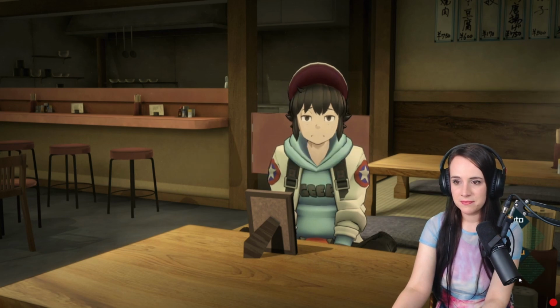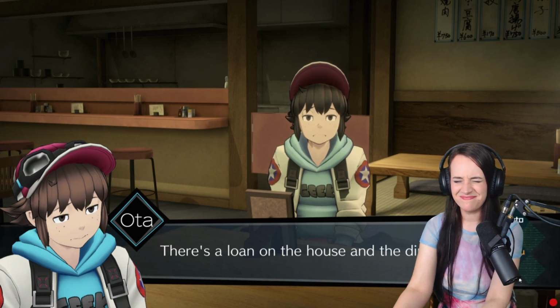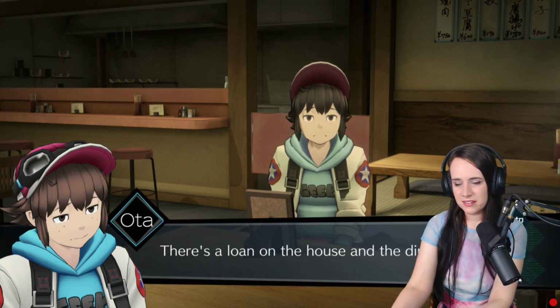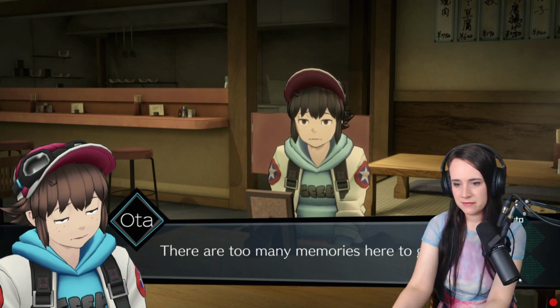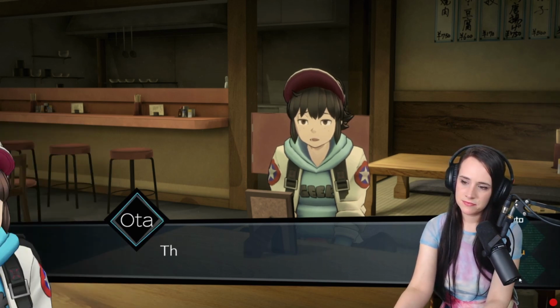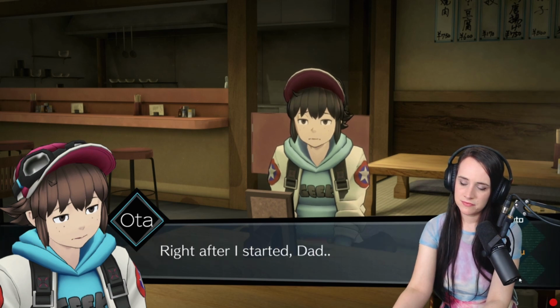Debt. There's a loan on the house and the diner. So they had to pay off the diner. Yikes. Mom and Dad didn't let this place go. There are too many memories here to give it up, so they slaved day and night to keep it open. And that was their decision, not yours. They worked and worked and worked. Thanks to them, I was even able to go to a good university, but right after I started...